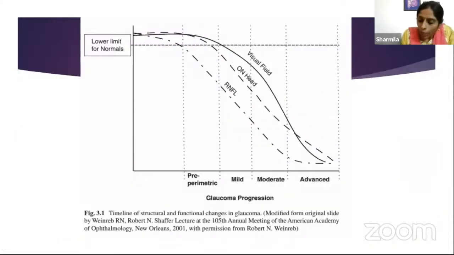So we all know that glaucoma is a chronic progressive optic neuropathy where structural changes happen before functional damage is seen. And in order to pick up those structural changes early, that is in the pre-perimetric glaucoma stage, where one may not be able to appreciate the disc damage or a field change, one may have to rely on imaging modalities such as the OCT.